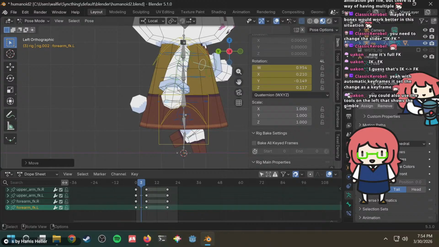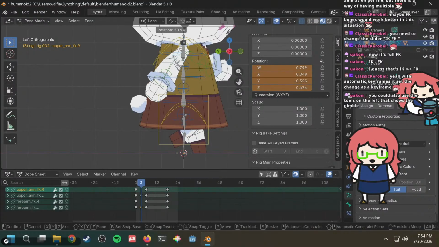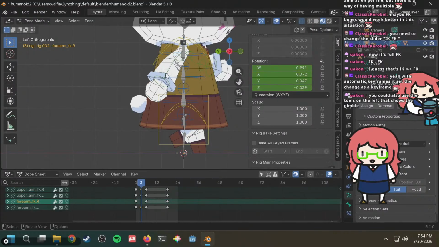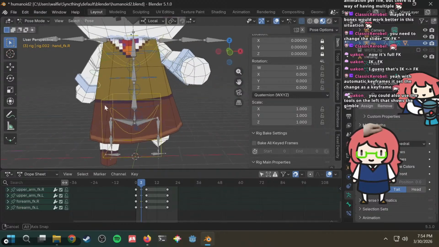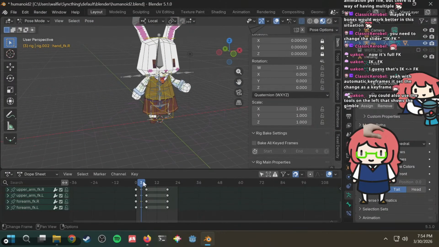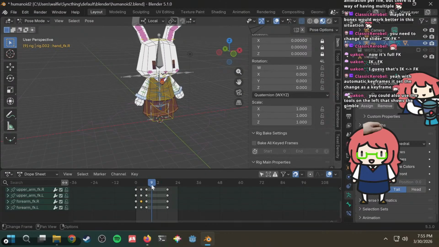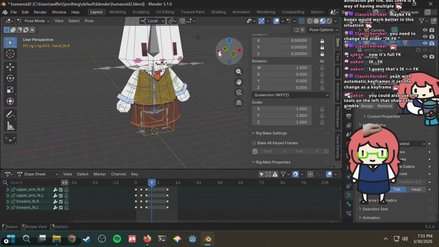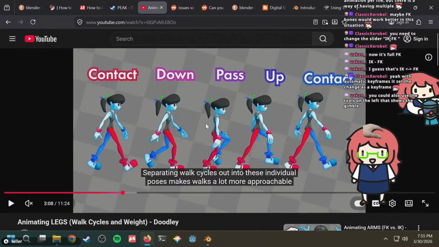And then this one goes a bit more backwards. And this one, rotate this one. All right, then you add one at 9 right here. So then after this pose, this arm goes forward slightly.